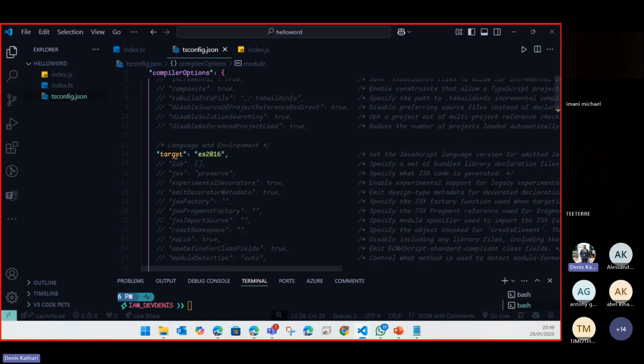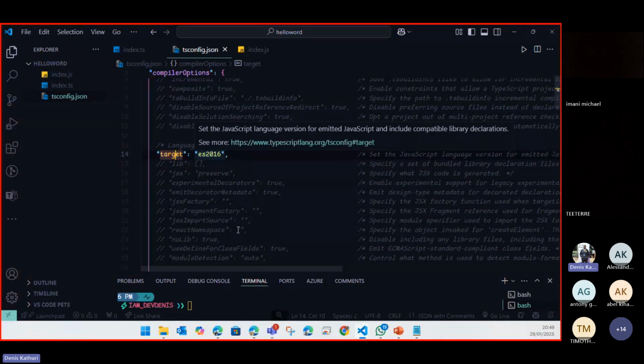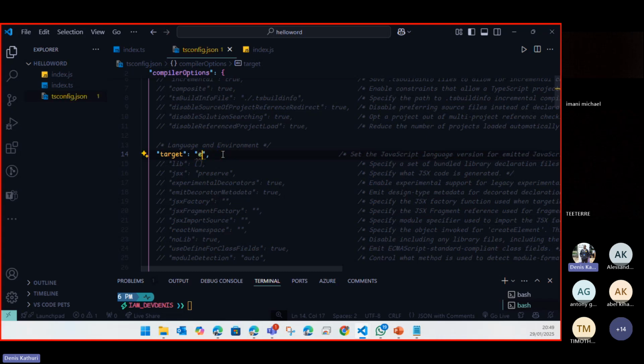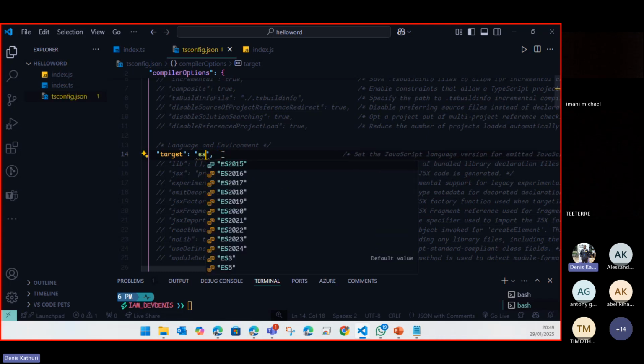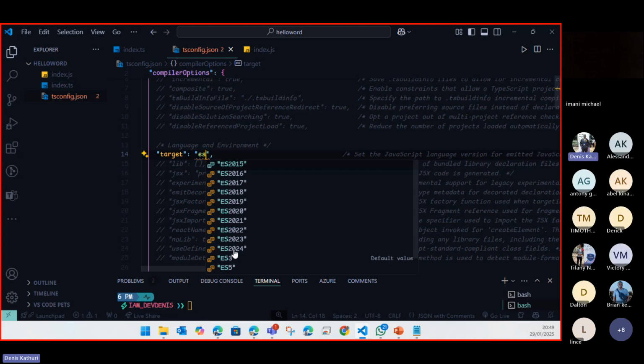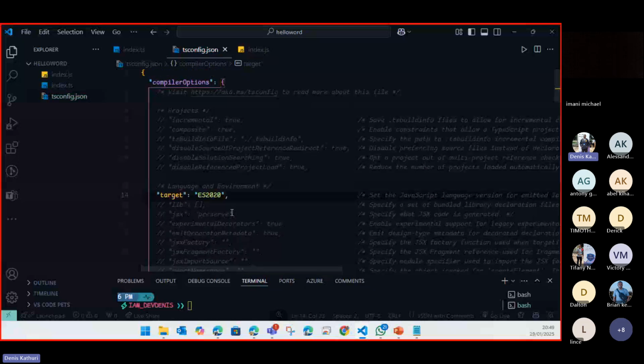Then the target is the environment in which our code will be running, like ES6 or ES2026. I think the latest is, let me see, you can see the latest is ES2024, but ES2016 or ES2020 is okay. So it depends on what you want. There are a bunch of them. So I want to